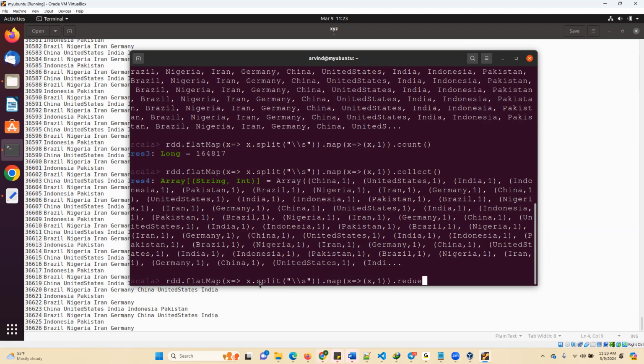There is a reduceByKey function: reduce by key with underscore plus underscore. At a time it will take two counts, 1 and 1, and make it 2, and again take another element, then 2 plus 1, 3, 3 plus 1, 4, like this. Now again, if I do count,